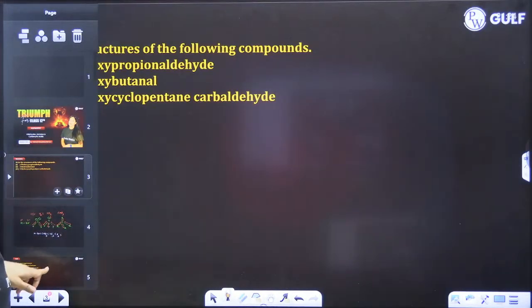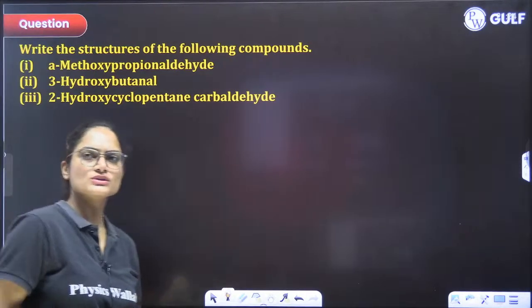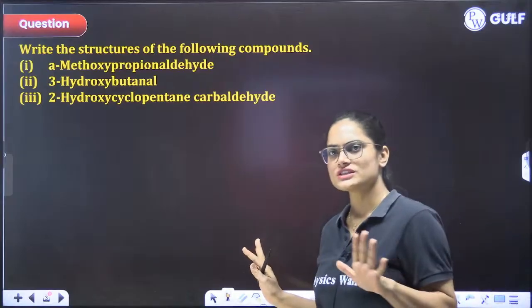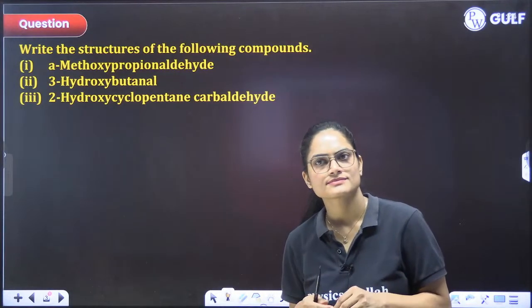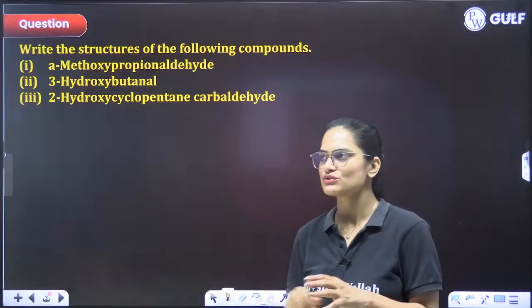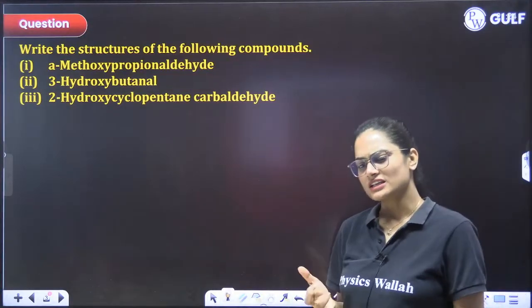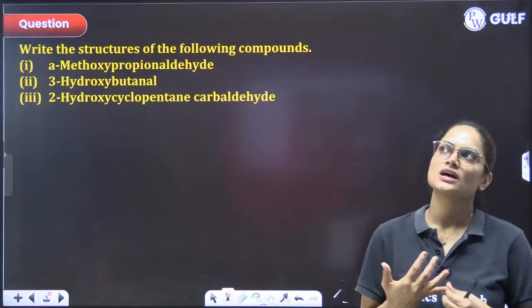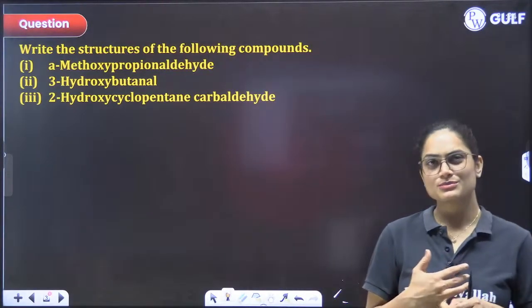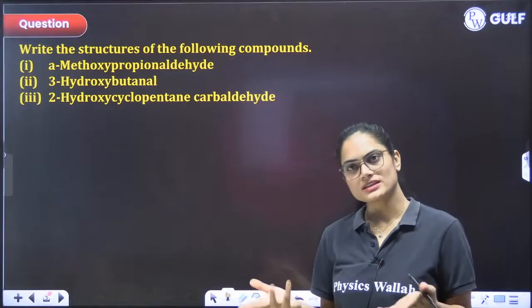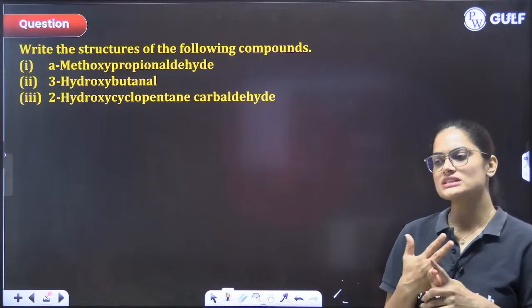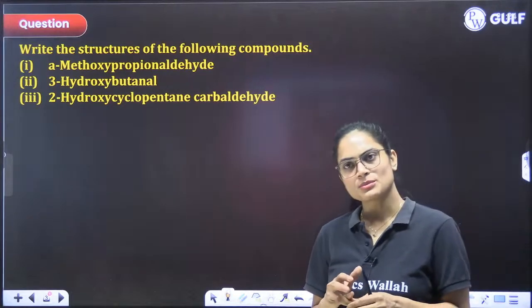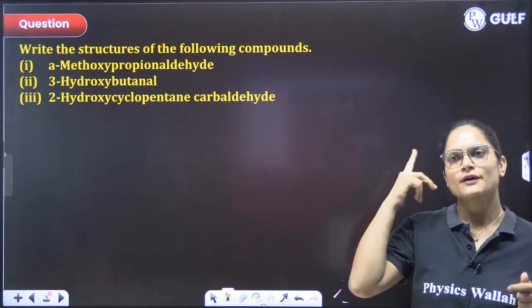So now we were doing this aldehydes, ketones and carboxylic acid chapter, and I think I have not taken any booster session of this chapter. So this is the first one. What all topics have we done? We did the nomenclature part. Then we studied the preparation of aldehydes and ketones, separately aldehydes, separately ketones. Then we discussed physical properties, and then we started with the chemical properties, wherein we discussed nucleophilic addition